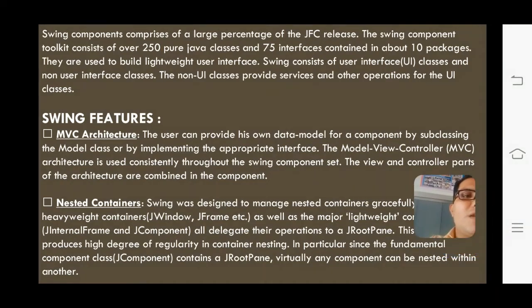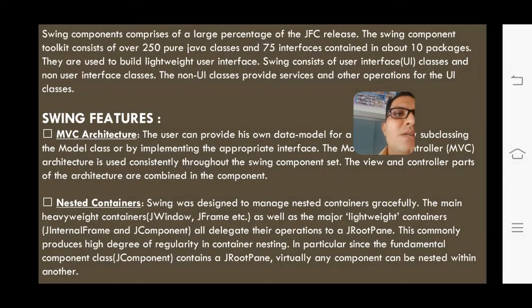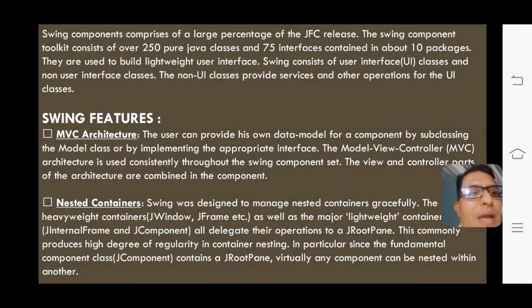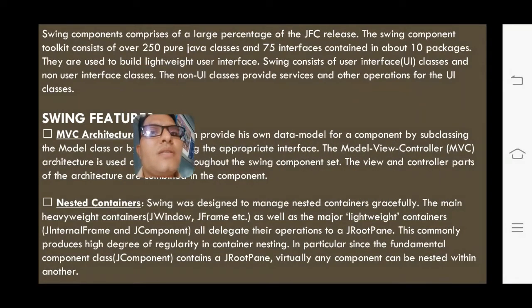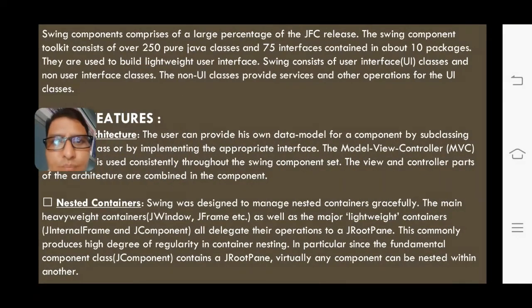These 75 interfaces have been placed within 10 packages. As you know, what is a package? A package is a collection of classes, methods, and interfaces, right? So if you are using the Swing components, it comprises 250 pure Java classes with 75 interfaces, and these classes and interfaces have been placed within 10 packages, 10 folders.